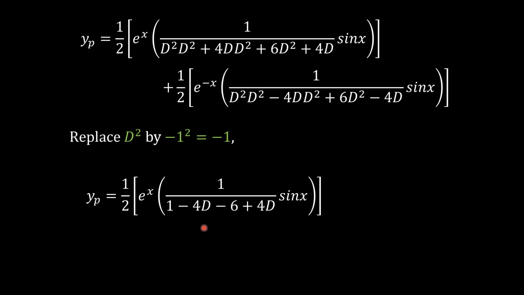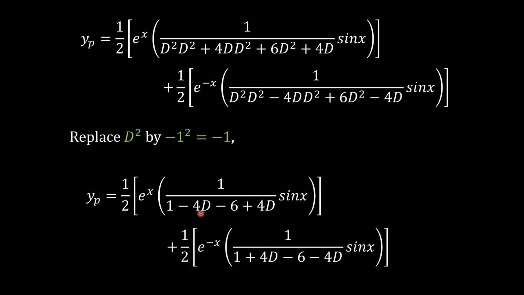That will give us in the first term 1 upon, see, D square into D square minus 1 into minus 1 is 1, D square minus 4D, D square minus 6, plus 4D as it is. In the same way in the second term. In the first term, minus 4D plus 4D will get cancelled. Similarly, in the second term, plus 4D minus 4D will get cancelled, and that will give us